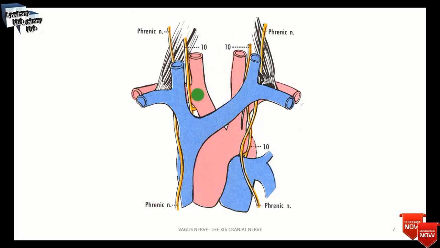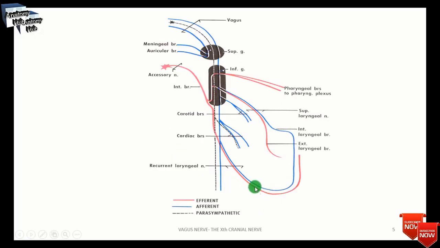Damage to the recurrent laryngeal nerve renders the ipsilateral vocal fold motionless and results in alteration of the voice. The recurrent nerve gives off the cardiac, tracheal and esophageal branches and